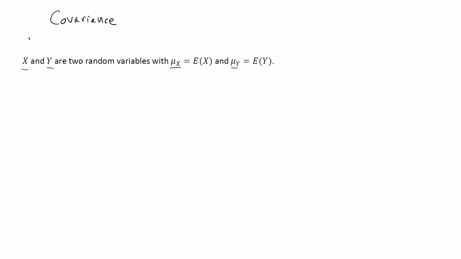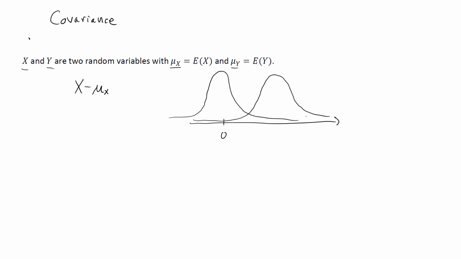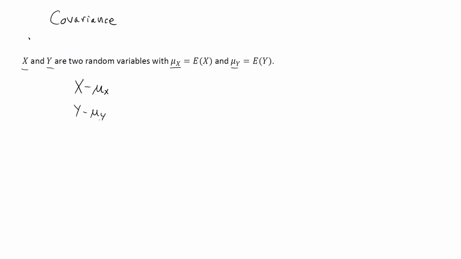If I subtract the expected value from x, I get x minus mu x. This will be a new random variable with expected value 0. So it's simply a centered version of x. If x is continuous and the PDF of x looks, I don't know, something like this, then the PDF of x minus mu x will have the same PDF, but it will be centered at 0, something like this. I can create a centered version of y as well. So when y takes a value larger than its expected value, then y minus mu y will be positive and